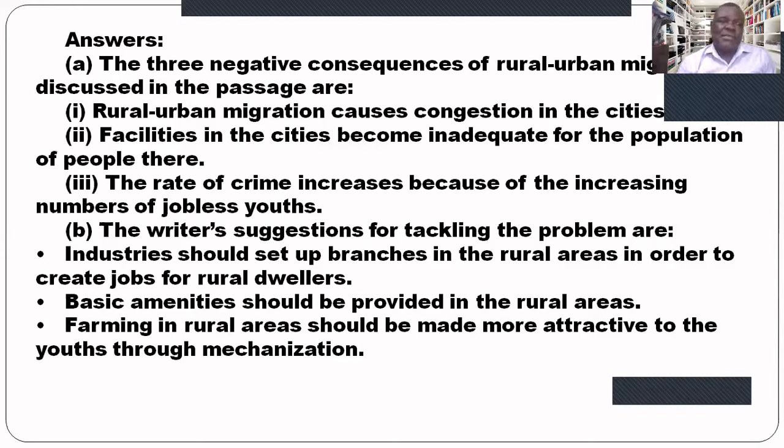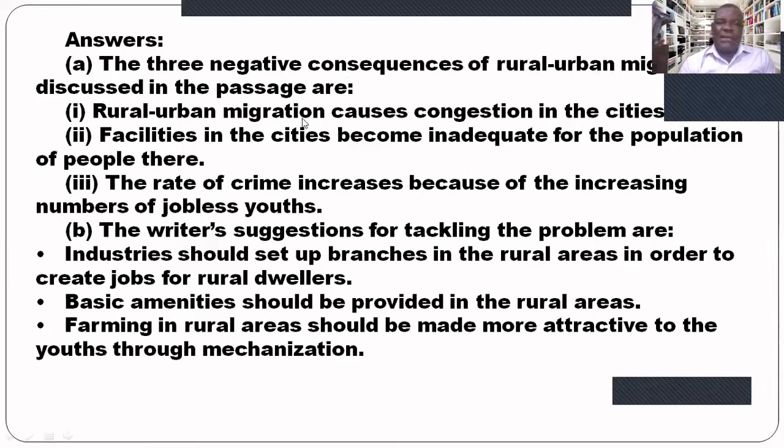As I earlier pointed out, the examiner has given you question A, so your answer should be answer A. If you come to question A and you come with answer 1, of course, you'll be penalized because you are confusing things. All right, so the 3 negative consequences of rural-urban migration discussed in the passage are: